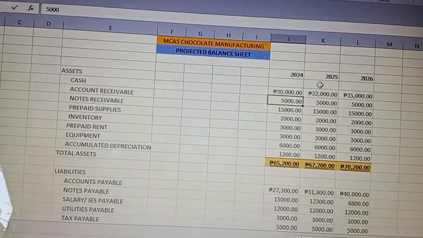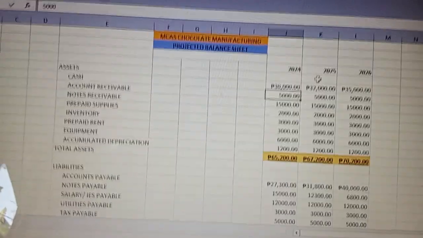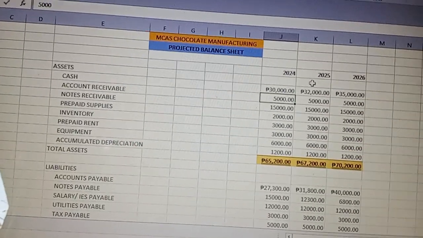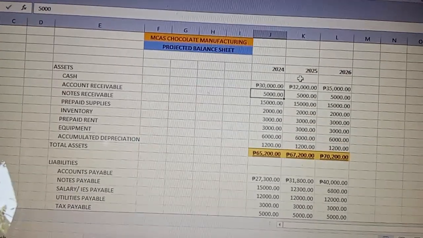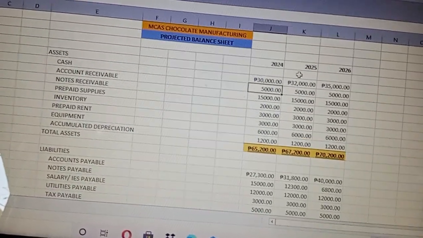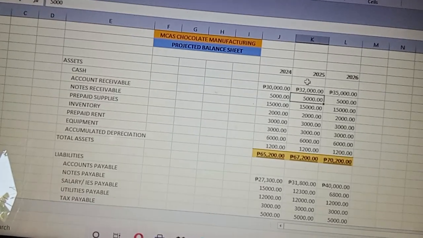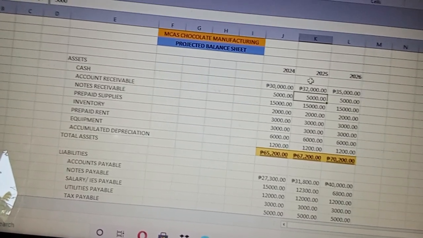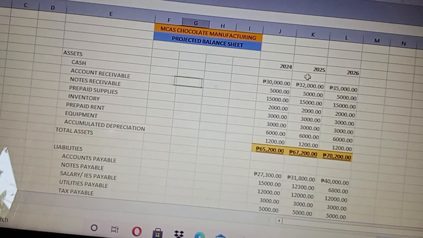By the way, it happens that sometimes customers are really hard to pay for that specific AR, or accounts receivable. Sometimes accounts receivable is called AR, just to shorten it. Because if you have a very high number in accounts receivable and it turns out to be bad debts, it is called bad debts if it is impossible for you to collect the amount of money you allowed them to borrow, or the product you allowed them to get on credit. It is called bad debts, but hopefully you will not have that as a micro business. That's why I did not include that in this part.